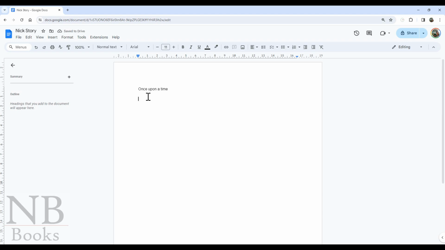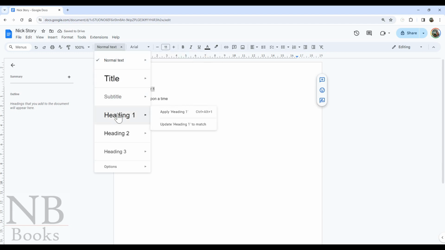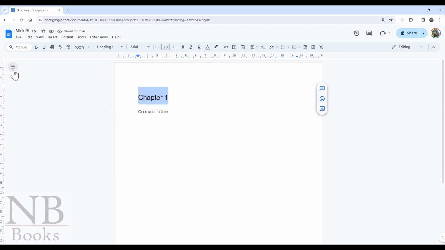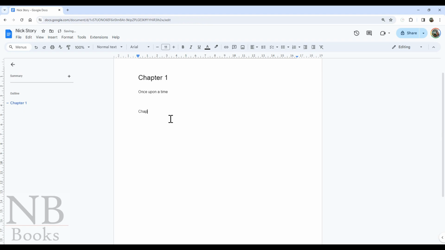Now obviously once you get to 100,000 words, this is going to be quite bulky, so you can do the same thing as in Word, so you can call it chapter 1, and then with the options up here you've got normal text, and you can change that to heading. With that you get the navigation bar over here, accessible via this list, which will tell you that's chapter 1. I then went on to chapter 2, did the same there. I've now got 2 different chapters that I can jump between. If I then had 50 chapters, the same thing. It would be a list of all of them that you could jump between whatever you wanted to write